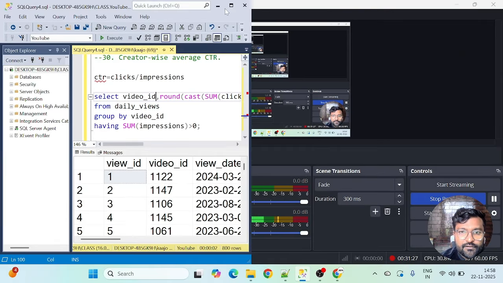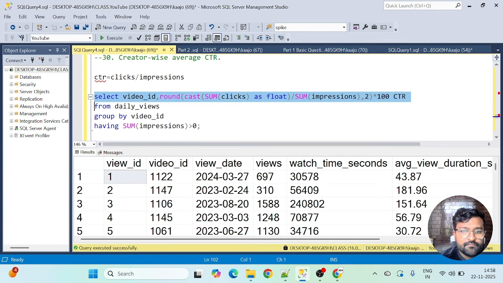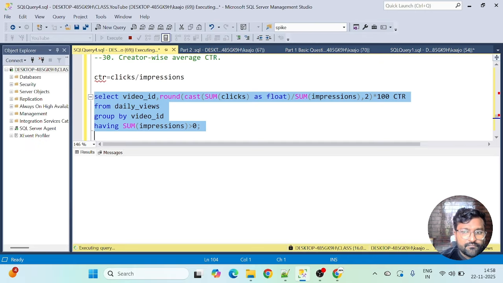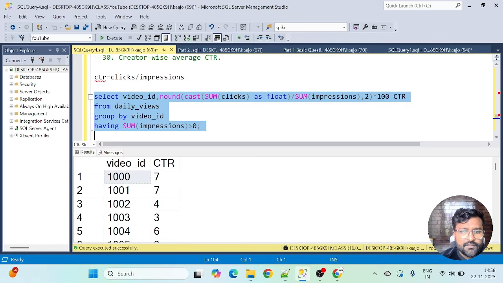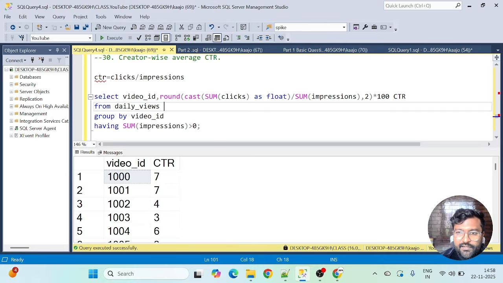Okay, I have got half screen for some reason. Just 1 second. Okay. So from here, okay, I got the percentage also, no issues. So from here, what we have got is, let me see, but they're asking creator wise average of CTR. So that means this should be, let me think about it. We should be grouping by the creator here also, right? Because a creator will have multiple videos.